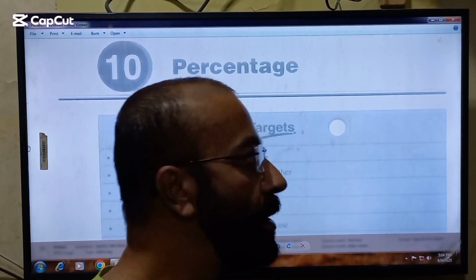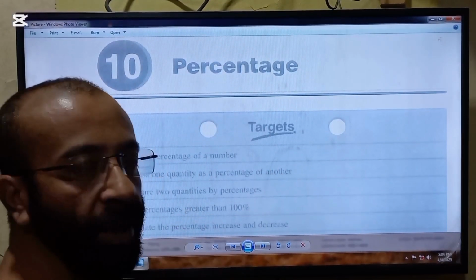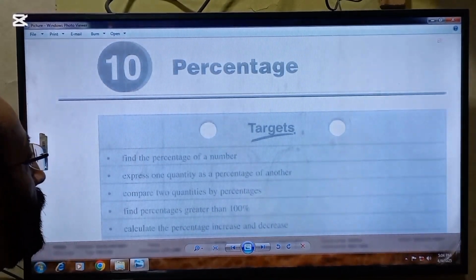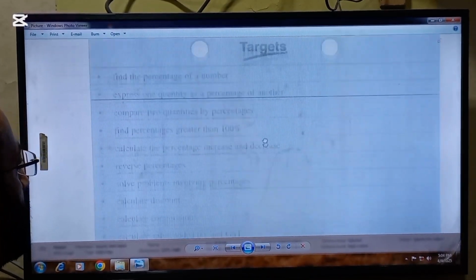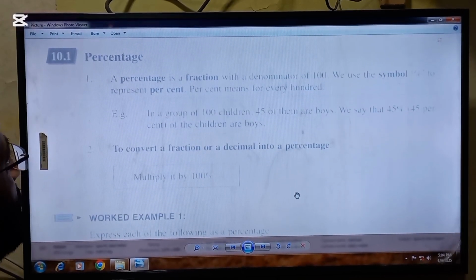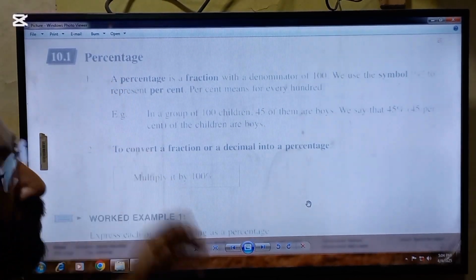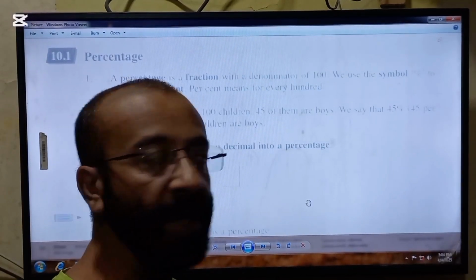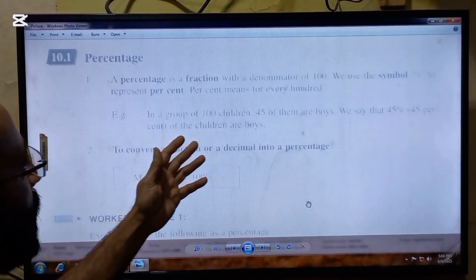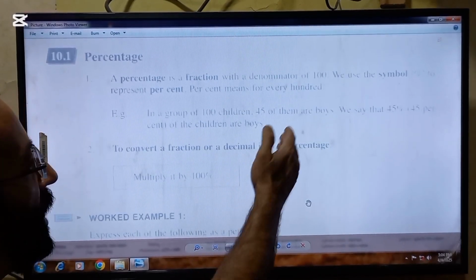Good morning, students. The new topic which we are going to start in mathematics O level is percentage. So concentrate yourself. The first topic in percentage is going to be started is percentage. The points to remember and understand in percentage are: number one, a percentage is a fraction with a denominator of